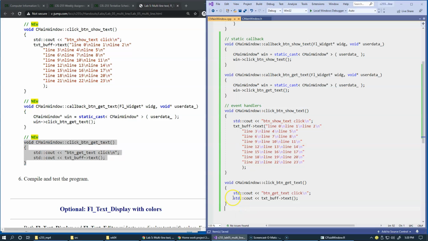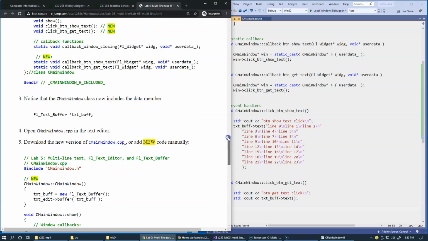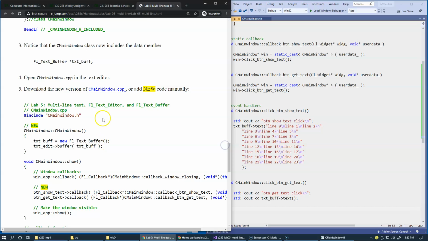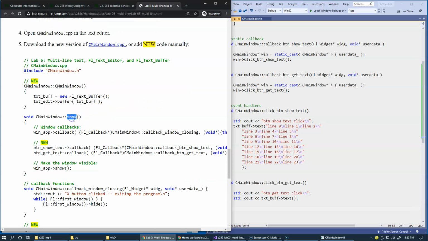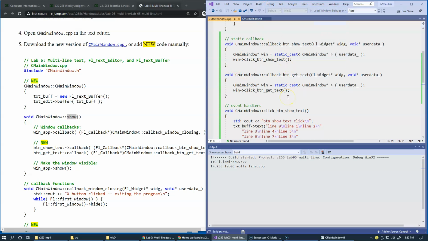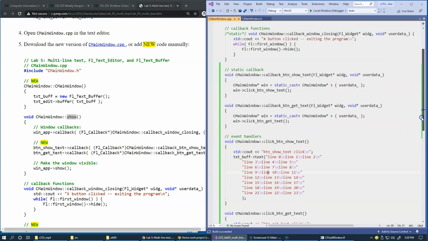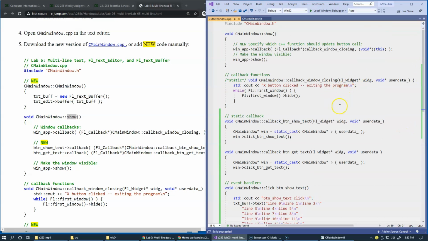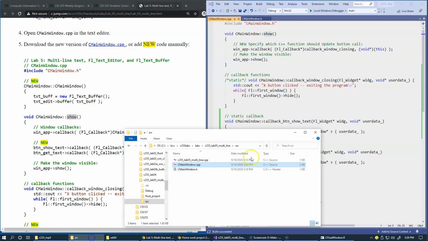So all these functions are now in place. In fact, we still have to make some modifications in the show function right here, but for now I think that we should be able to build this application at this stage, and it's possible. Okay, so this is nice. Everything is good. So the only stuff that remaining is that in the show,